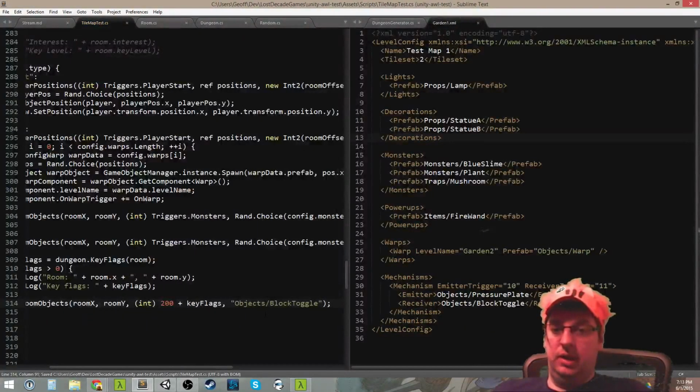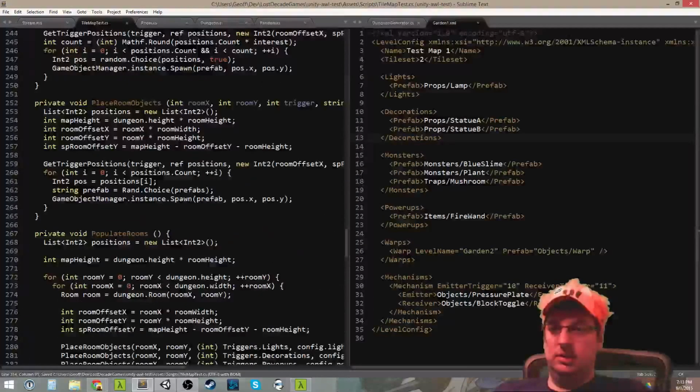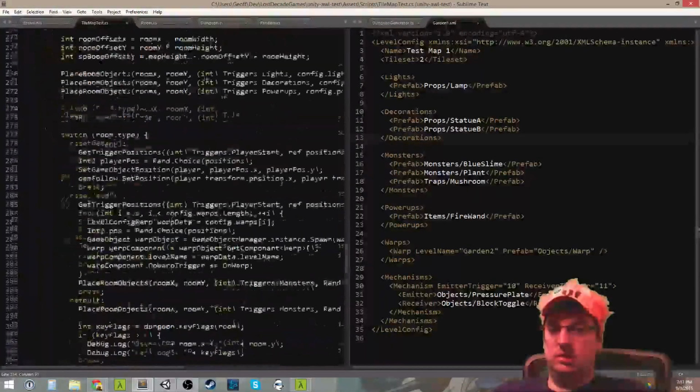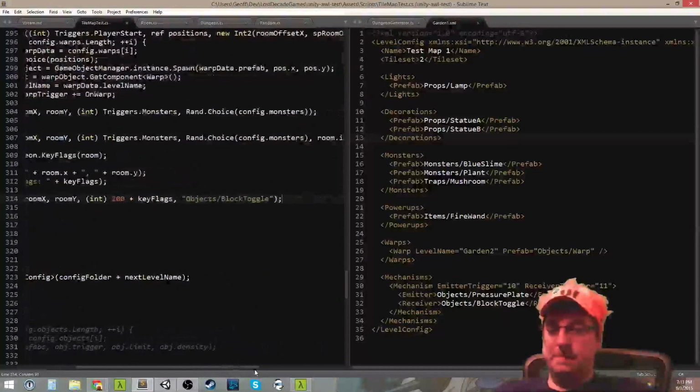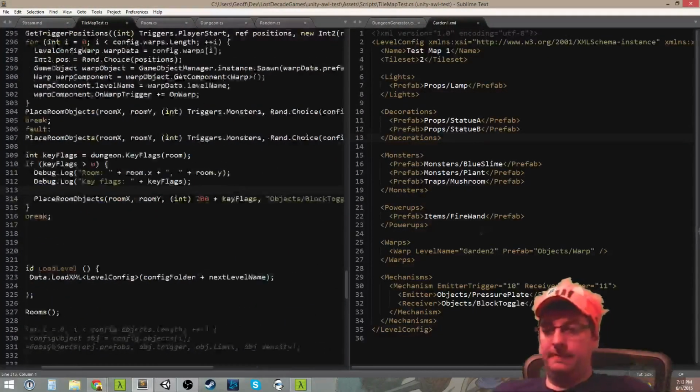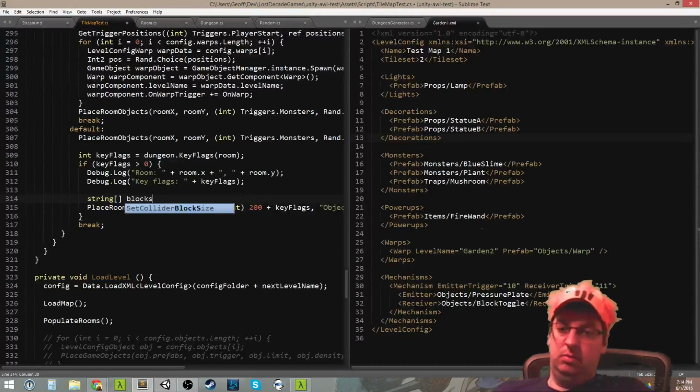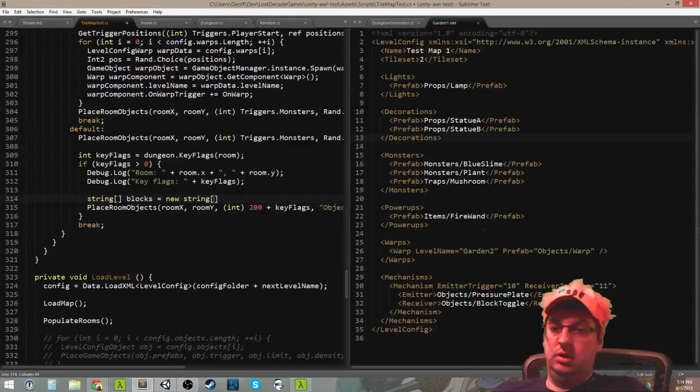Oh, does this need to be an array? It might. Place room objects, string array, yes. So we'll just say string array blocks equal to new string array, and then